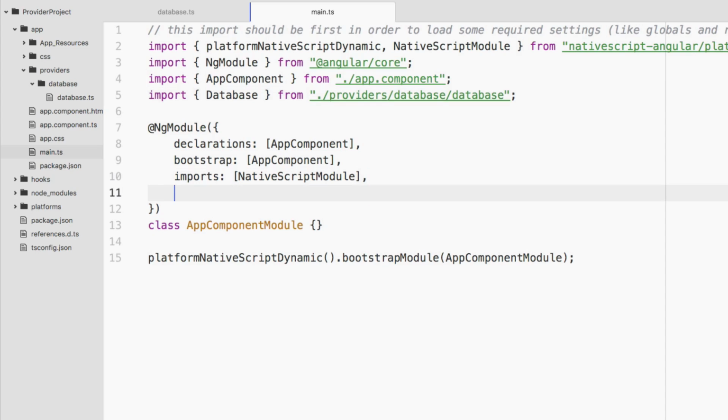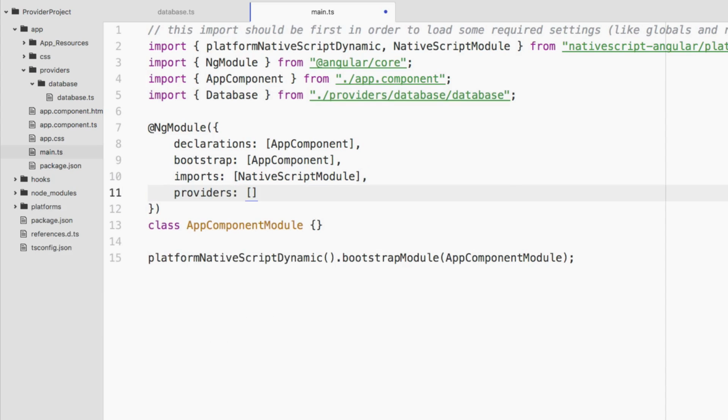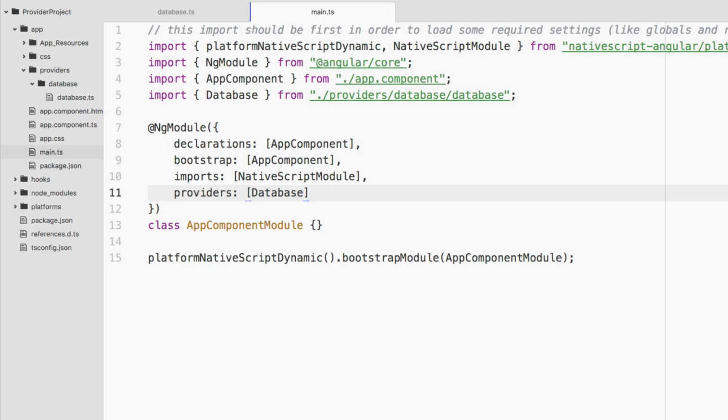Inside of our ng module, what we would do is we would say providers, and this is an array. So we only have one provider, so we're going to import database. Now it can be injected in each one of our pages, or in each one of our components. So open up